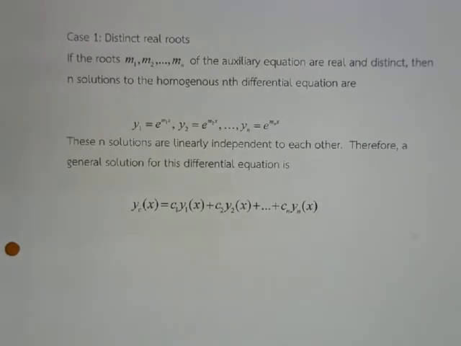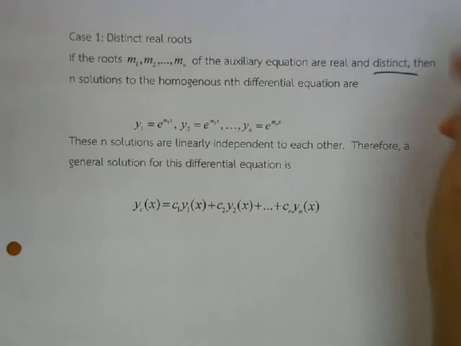That means the values of m are real numbers and there is no same number among them. We call it unrepeated real roots. If the roots of the characteristic equation are m1, m2 until mn, the n values, and they are real and unrepeated,